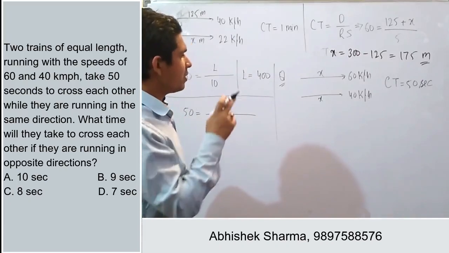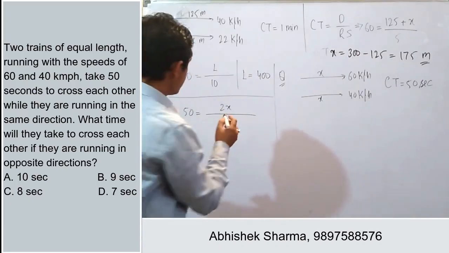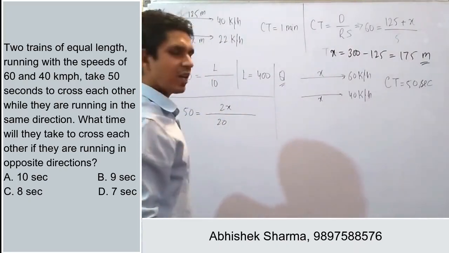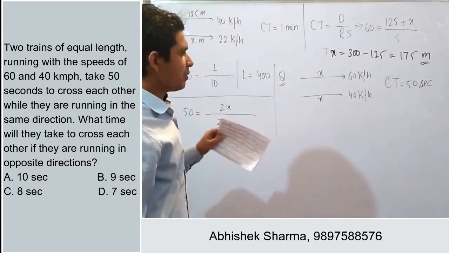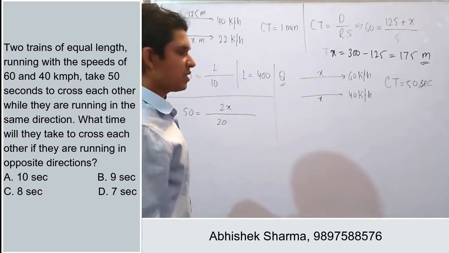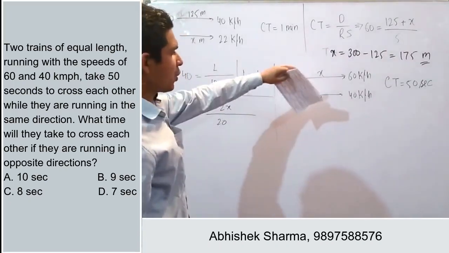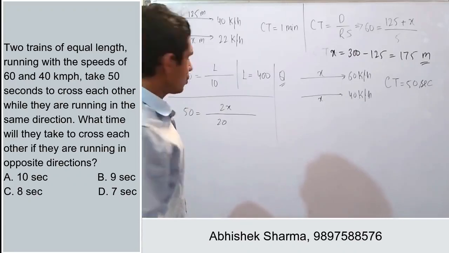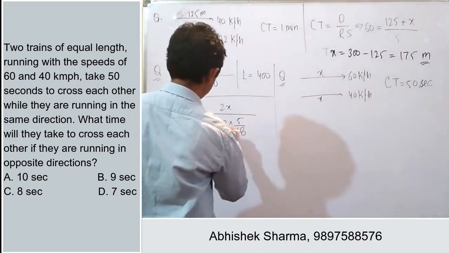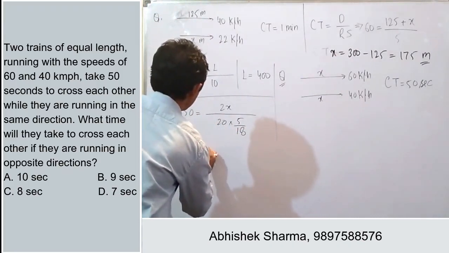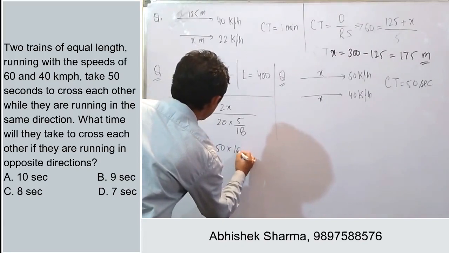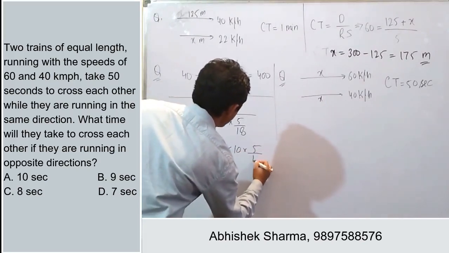Relative speed will be 60 minus 40, that is 20, and because crossing time is in second and the speeds are in kilometer per hour, and the thing that we have to determine is in meters, so convert this kilometer per hour into meter per second. So just multiply it by 5 by 18, right? And when calculating the value of x here, this will be simply 50 multiplied by 10 multiplied by 5 by 18,